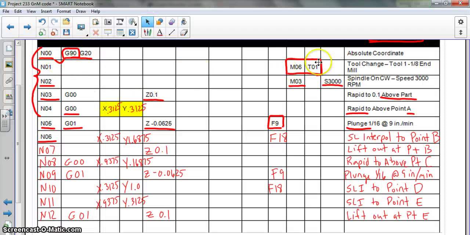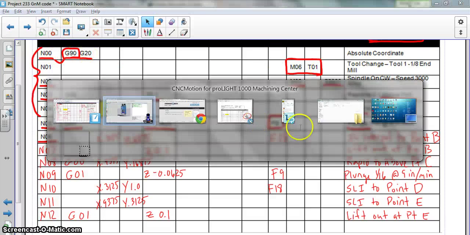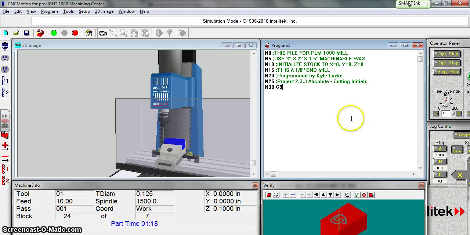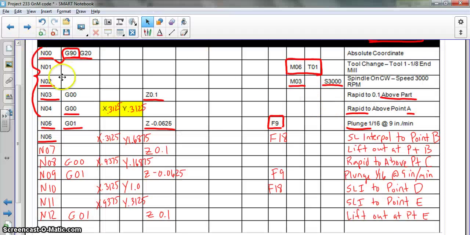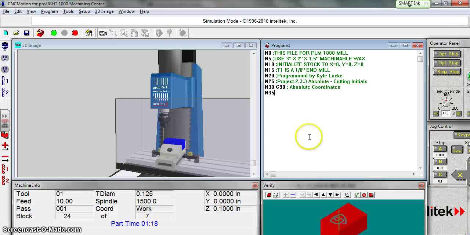So I can come back and toggle back and forth, but I'm going to go ahead and put G90. Absolute coordinates, M35, I need M06 T01,